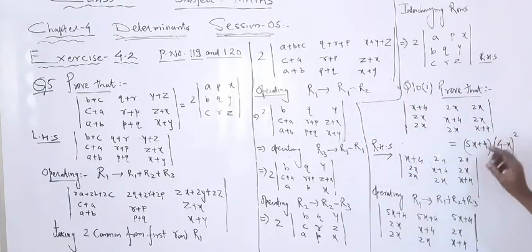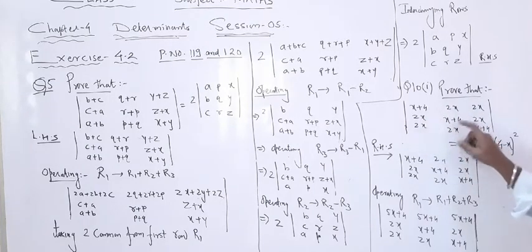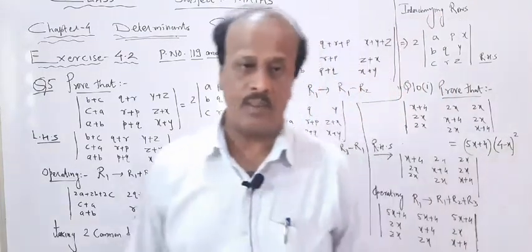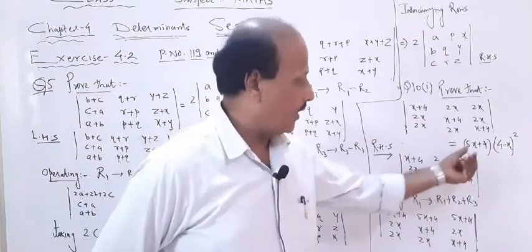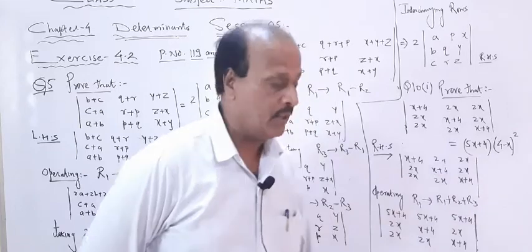You see the right hand side answer is a single valued real number. The determinant given is x plus 4, 2x, 2x, 2x, x plus 4. In that way, we got our left hand side, and they are asking you to show it is equal to 5x plus 4, 4 minus x. Always, whenever you get such a type of determinant, and if you have a right hand side, keep your eyes on the right hand side, and you will get the hint immediately.